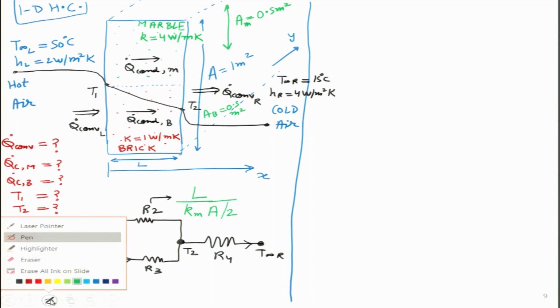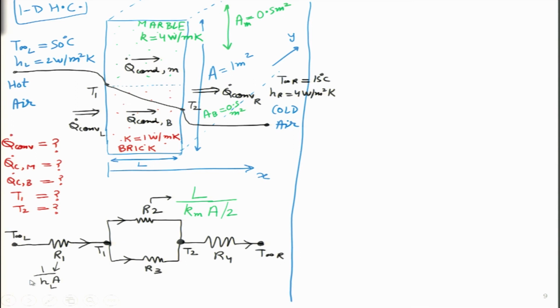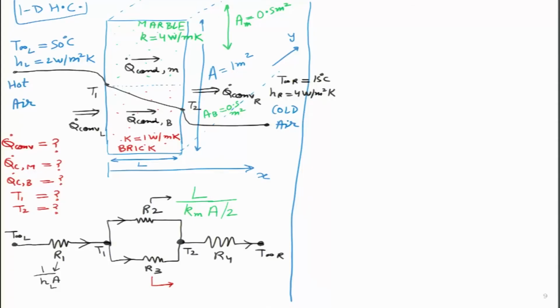So, please keep this in mind that when we are doing this particular configuration, we have to apportion the area correctly. What about R3, which is the resistance through the brick? Length is remaining the same, L. Thermal conductivity will change over here, because instead of K I should write Kb, the thermal conductivity of the brick, and area again will become half. So, it is A by 2. Let me put a bracket over here for better understanding. And finally, R4, again this one is easy, I will just write it as 1 upon hA.